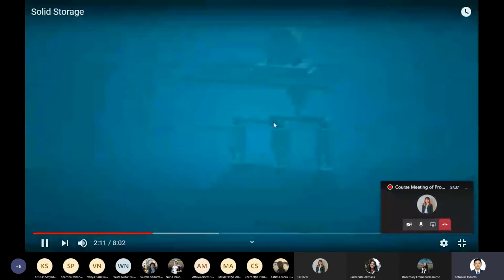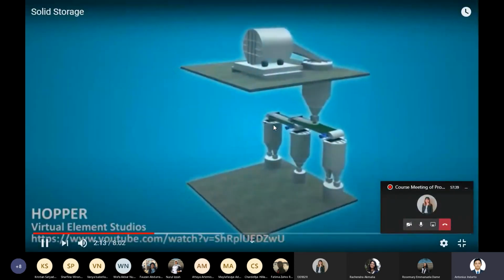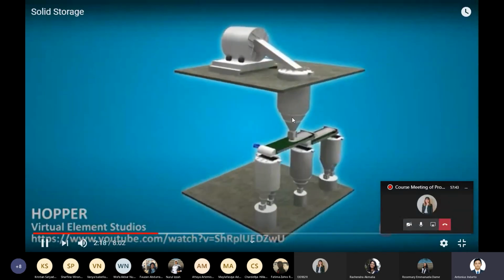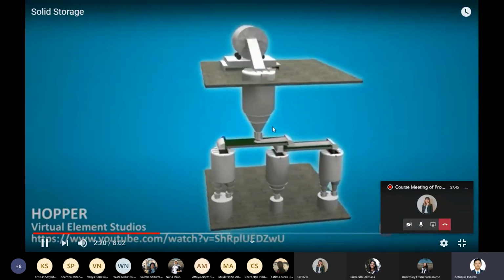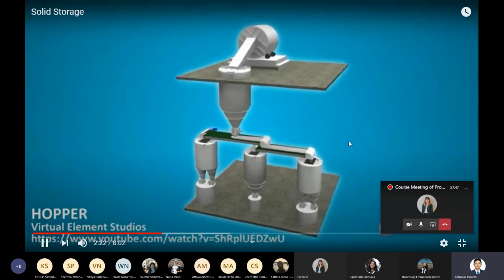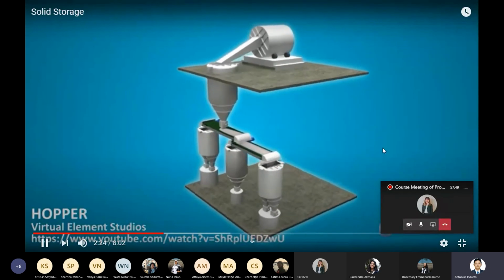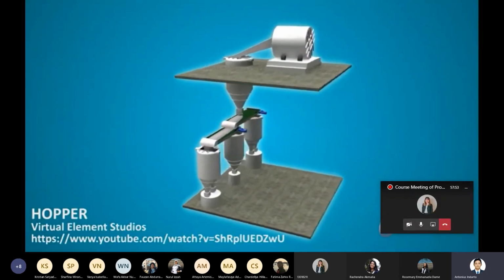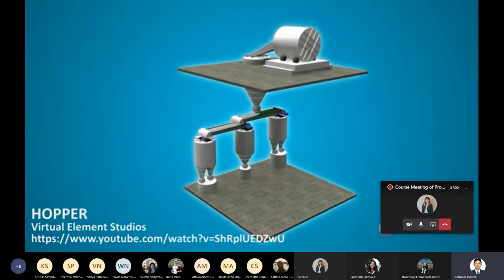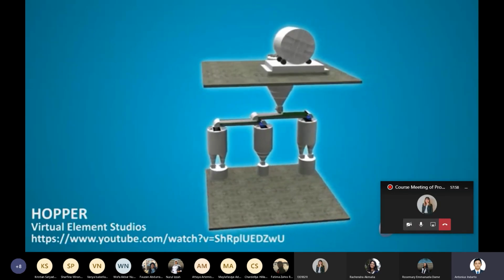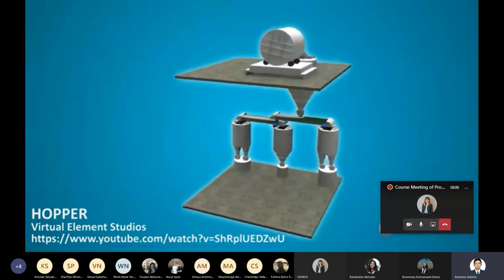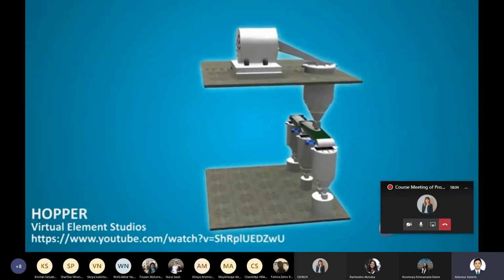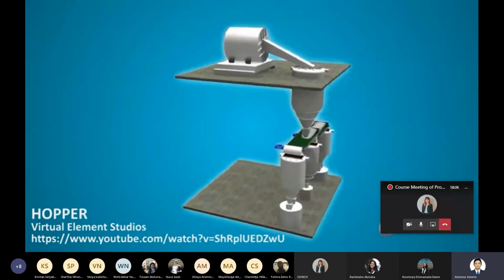And then the second type is a hopper. If the bottom part has this conical form, that is called a hopper. A hopper is usually used to store solid particles, and we can take the particles out from the bottom of that storage or silo.